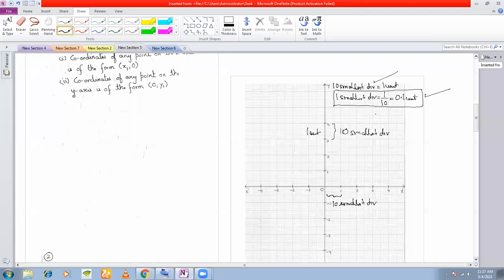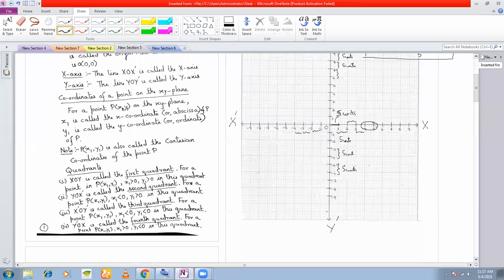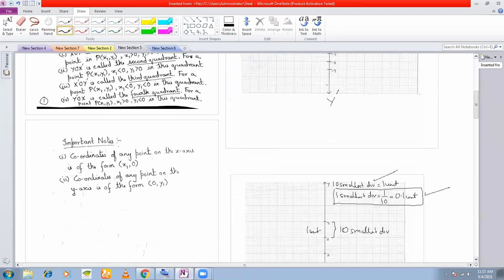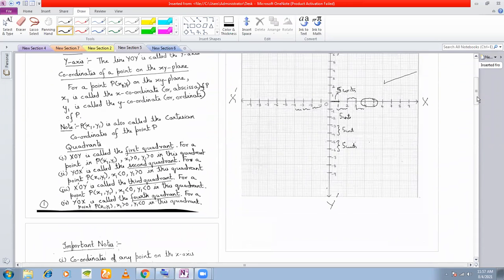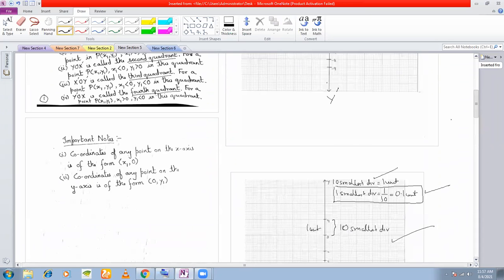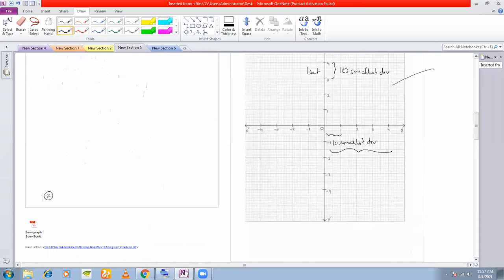Fine. So there are two kinds of scale that you can take on the graph. First is this kind of a scale, or you can take this kind of a scale also. It depends on your question. Suppose you have very big numbers, suppose 10 and 20. Obviously, you will not be able to use this one, because this one stretches from 1 only till 4. Here you have only 1 to 4.